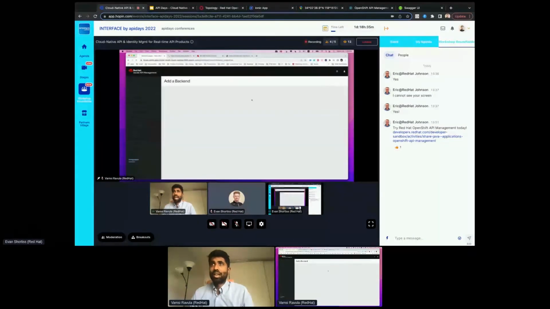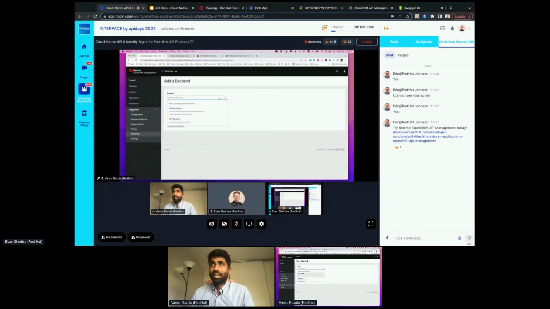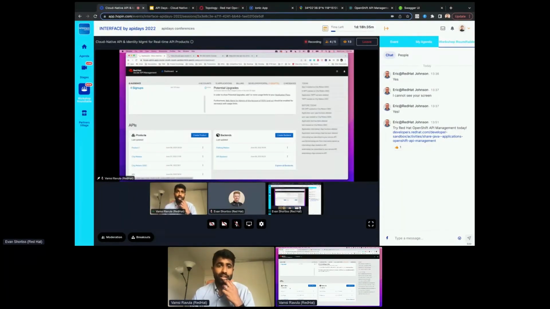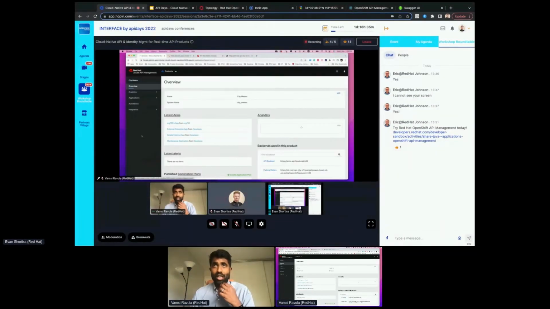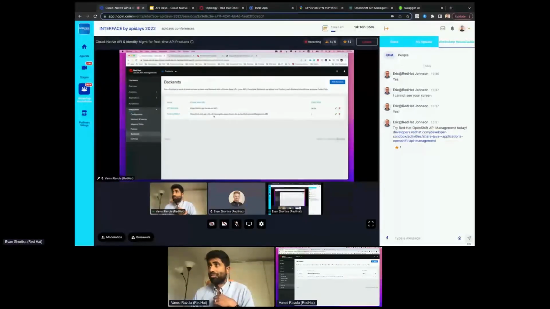So I've already added the APIs, for example, the parking meters APIs. We have a sample API backend. What you can technically do is navigate to the API that I already created here. The city meters product is where I've combined multiple APIs from different domains and different backends, and packaged them into a single product. So you can use multiple APIs, multiple endpoints just from a single